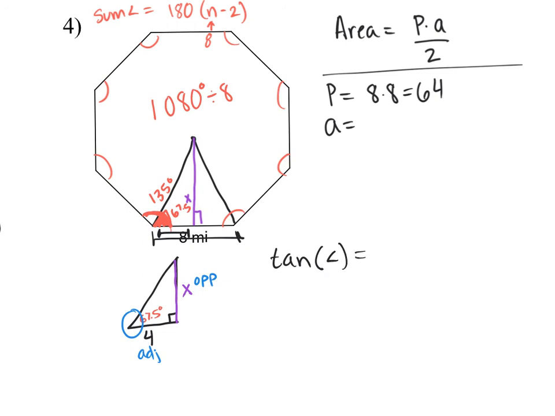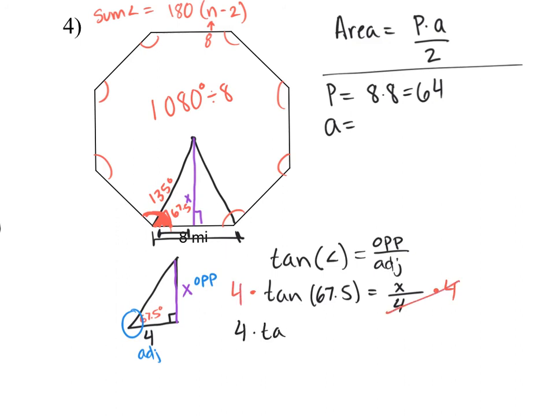The tangent of an angle equals the opposite over the adjacent. So the tangent of this angle, which is 67.5, must equal the opposite of x over the adjacent of 4. I want to get my x by itself, so the opposite of dividing by 4 is timesing by 4. So I'm going to times by 4 on both sides, and I have that 4 times the tangent of 67.5